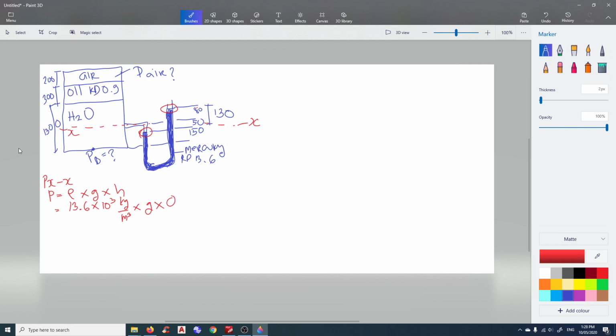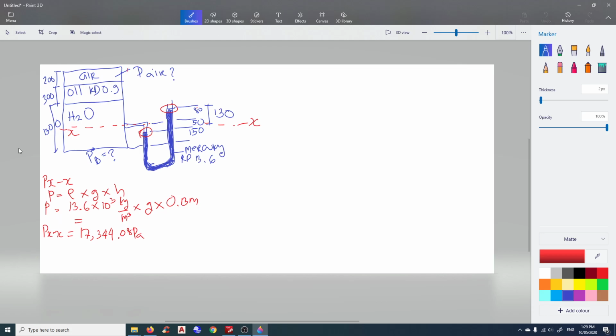So we're going to convert it to meter. So the pressure at XX is 17,344.08 Pascal,